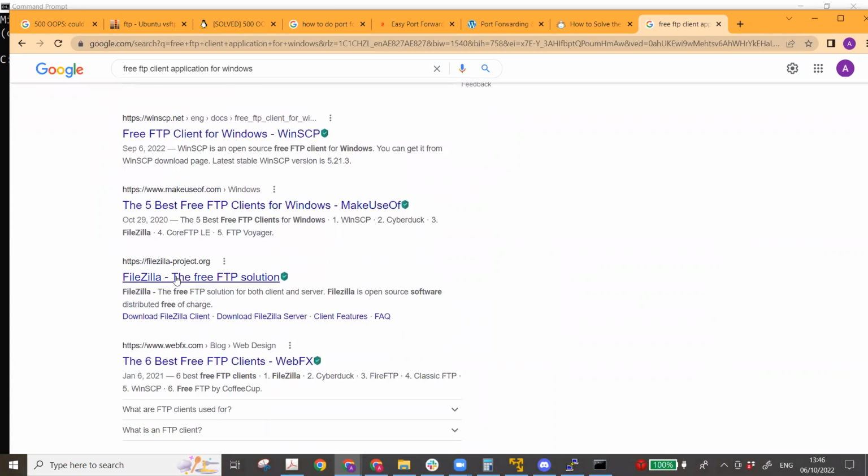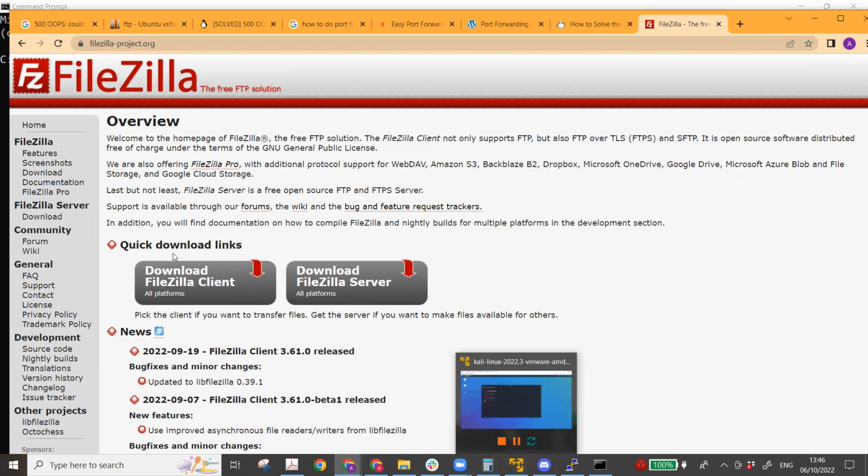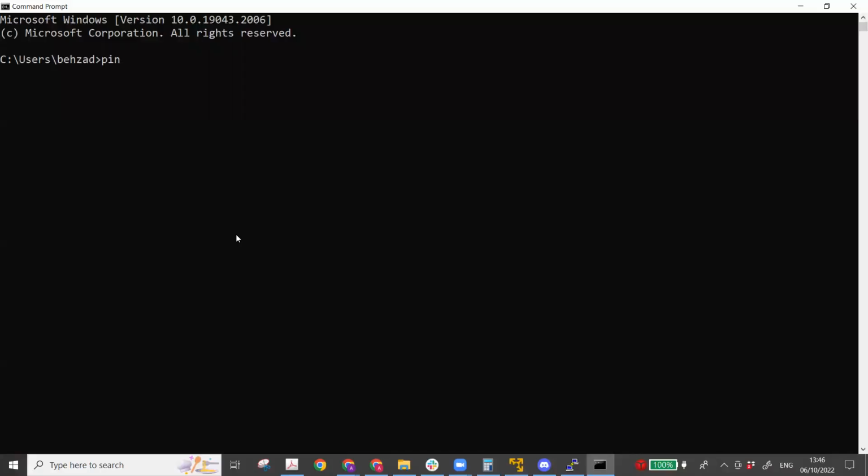I think you can use the FileZilla application. For this lab, you don't need to use it, but I'm just telling you that you can. You can download this client application and then just write the IP address. But for this particular lab, you don't need to install anything. You can simply write in the Windows command prompt: ftp